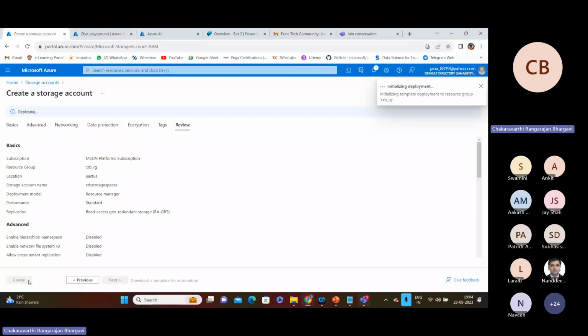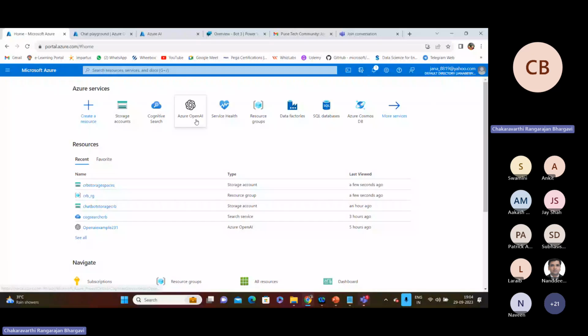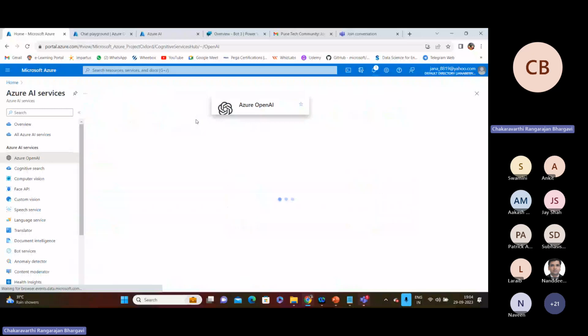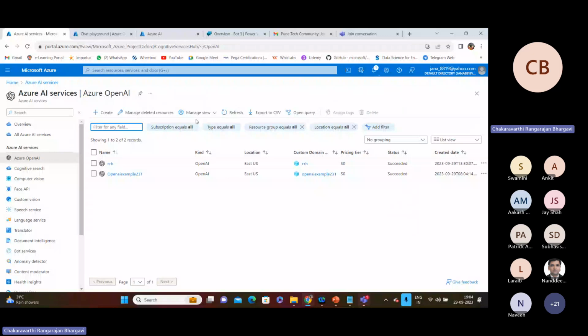Once you are done with all these steps, you now have to go back to your Azure. Let it be in the deployment in progress. Let me go back to the Azure OpenAI service, and let's see what things are available for us to use. Like we saw in the slide, once we are done with the registration, we would be creating an instance in Azure. Till the second step we are done, and now we have to go to the third step, which is